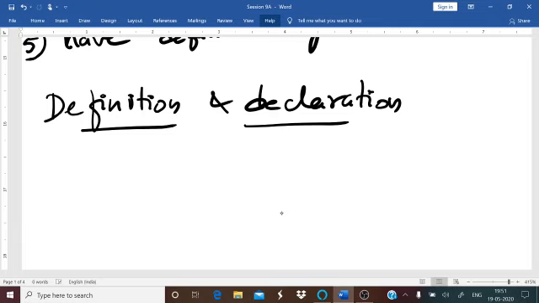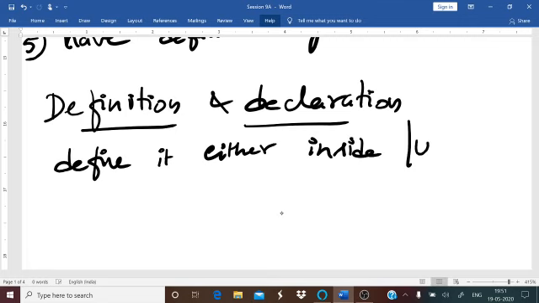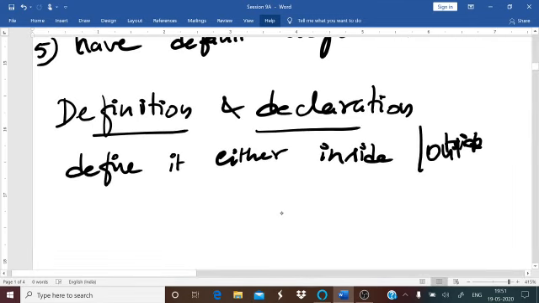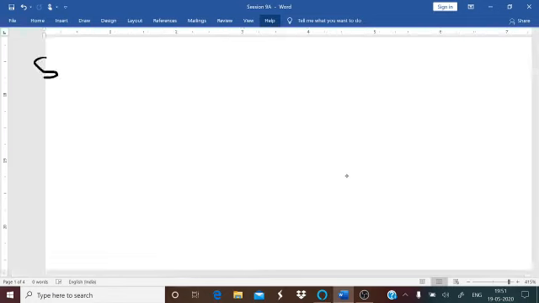A constructor can be defined in the same way as you are going to define any other functions in a class. You can define it either inside or outside the class. Anything can be done either inside or outside. If you remember, there is no return type in this. So what is the syntax that you are going to use? How are you going to use your constructor? The syntax for this.